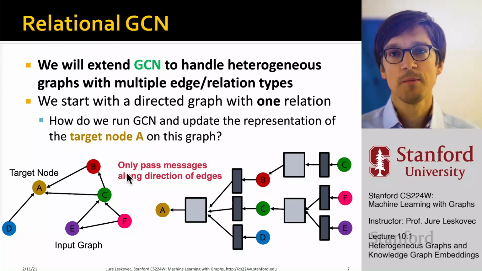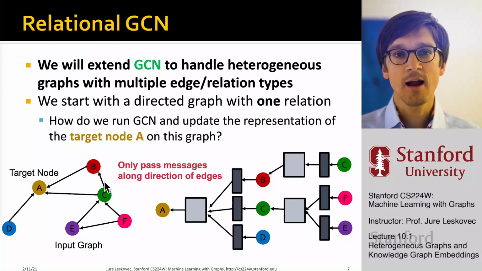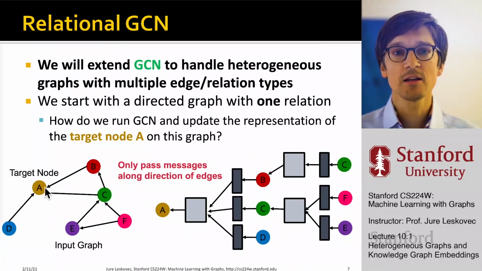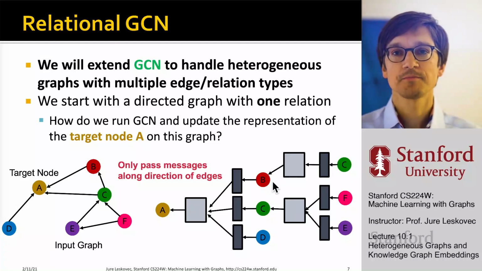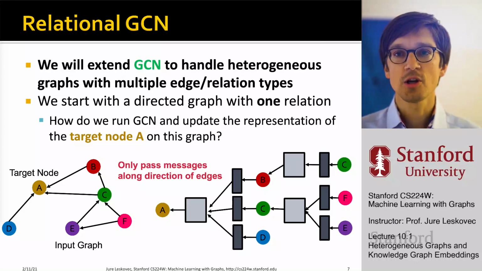Notice that perhaps from the previous classes we talked about undirected graphs. Here now the graph is directed, so every node only gathers information along the direction of the edges. So A gets information from B, C, and D, but for example node B, even though it has two edges adjacent to it, it only gathers information from C because C points to it and B points to A. So that's why, for example, the computation graph structure is like this. So this is now how you can take into consideration relations of edges.